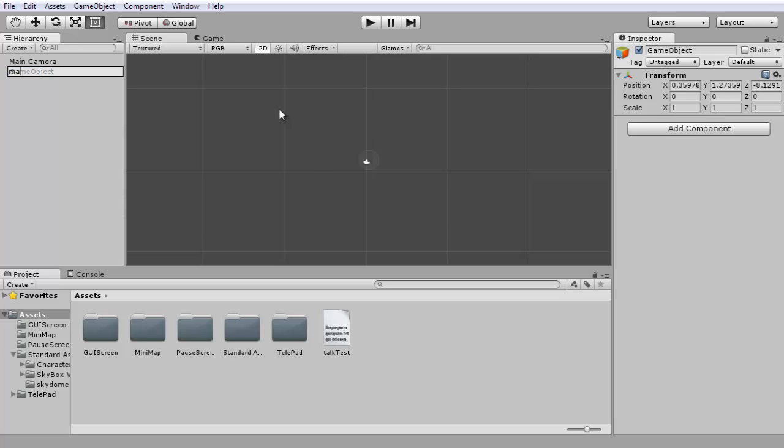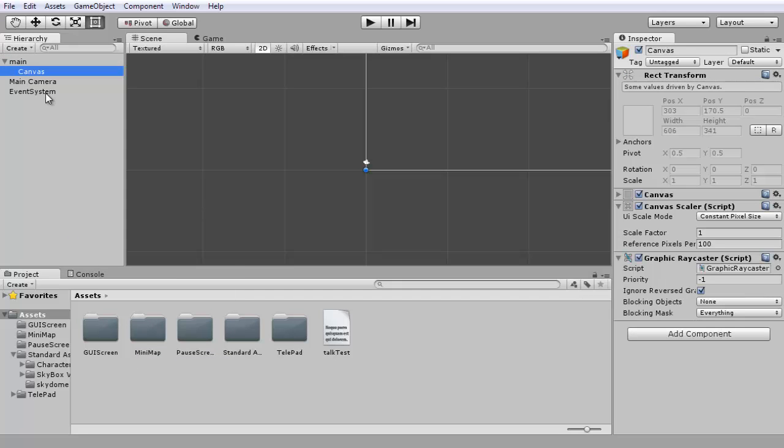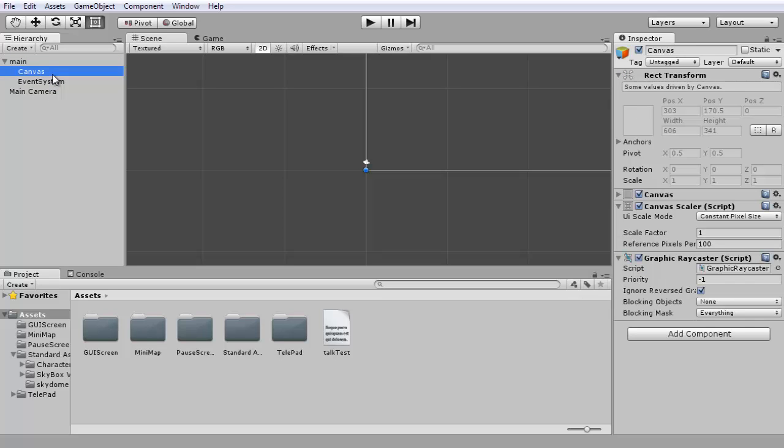I usually put in an empty game object that I call main. So what we're gonna do here is right click on it, go UI and canvas. We'll also drag the event system into it. I'm gonna rename the canvas into Dialog. If you're American, you would probably spell dialogue without the U and the E at the end, which, because it's gonna be a bit easier to type, I'm gonna also do it without the U, E at the end. Anyways, here,